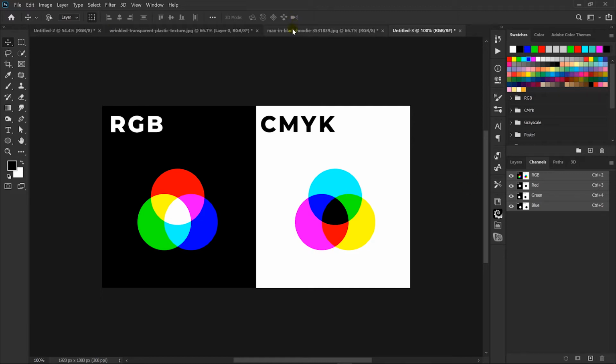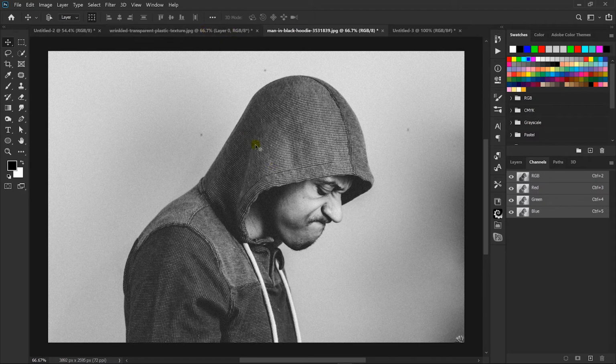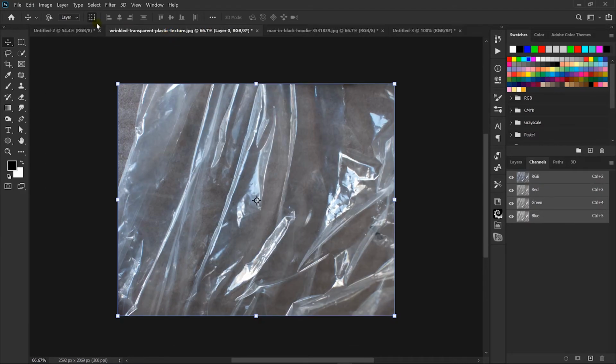All right, so let's head back. This is the image I used, and this is the plastic wrap I used. Actually, you can get any plastic wrap. You don't have to buy a texture. You can just go and pick any plastic texture you can find on Google, as long as it is marked